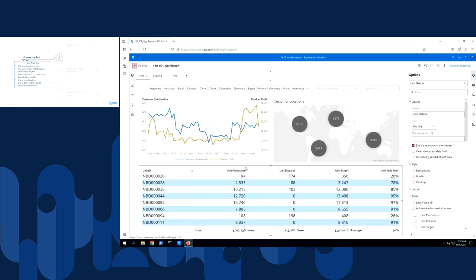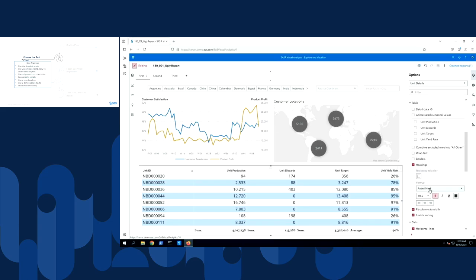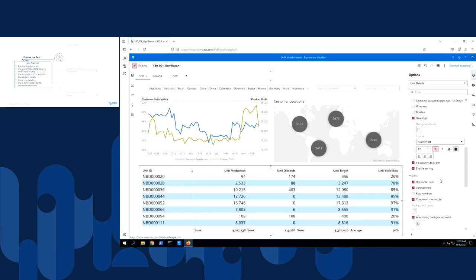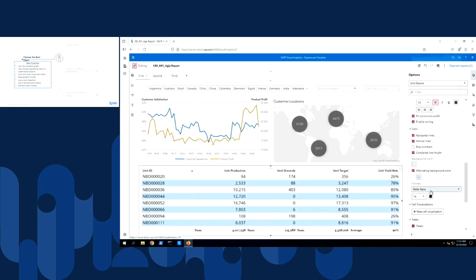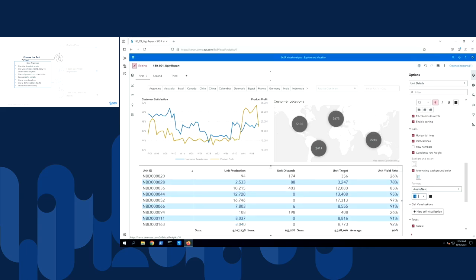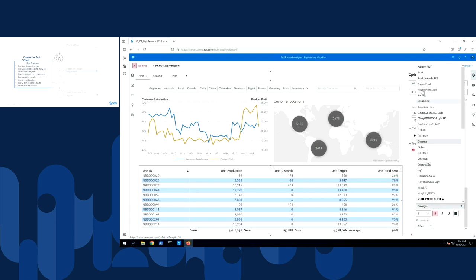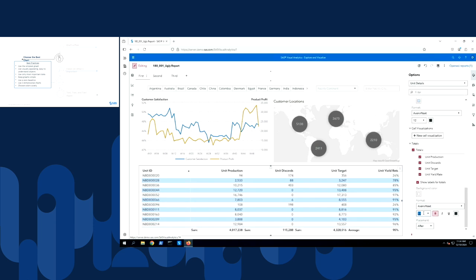The list table is not using that particular font. So on the options field, if I go to the table group, notice the headings are using Avenir Next. So that's good. I'm going to change the size to 12 so it stands out a little bit more. Then in the cells group, we're not using that default font. So I'm going to change this to Avenir Next. And then I want to do a size of 12 here as well. And then finally, we have our totals, which I also need to change to the default, and then a size of 12. So now it's all consistent and it looks a lot better.